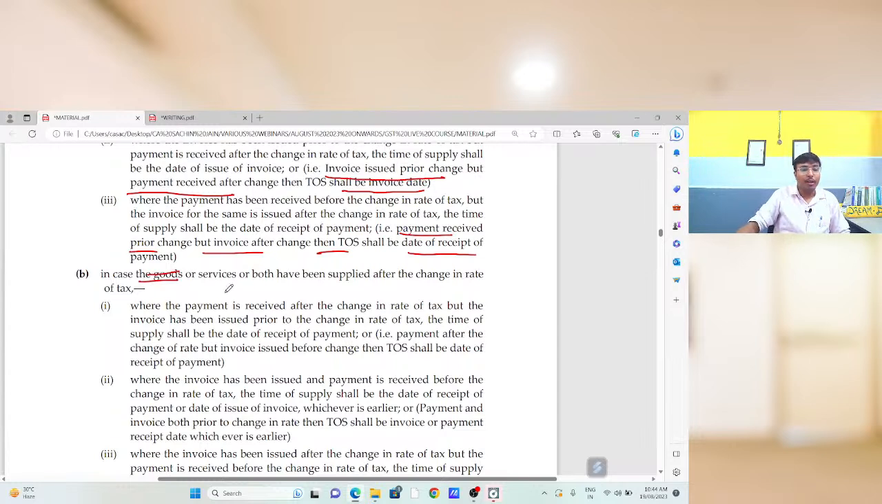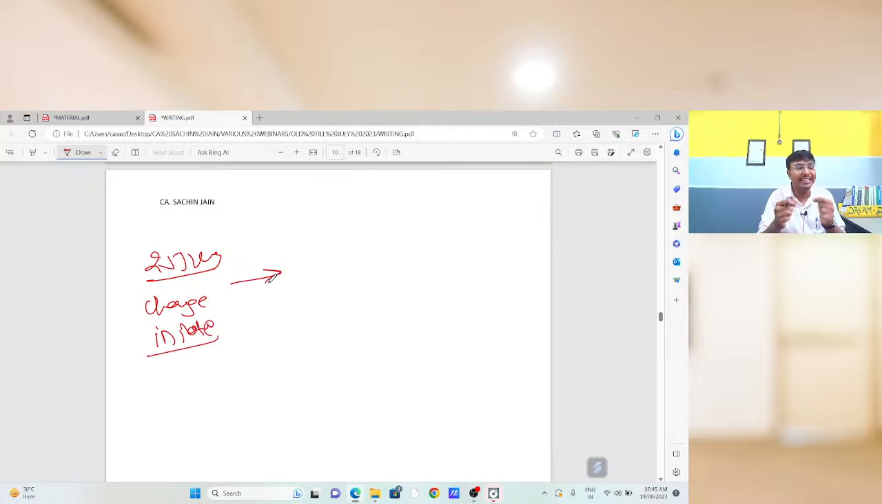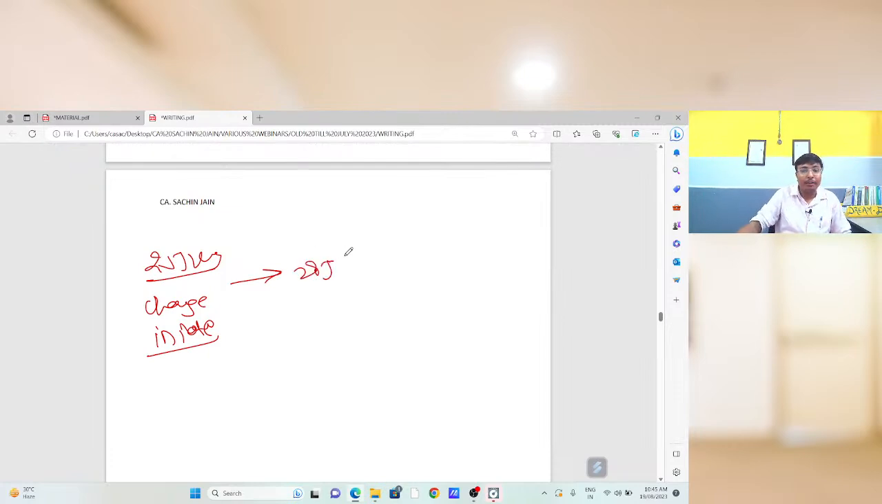In case goods or services both have been supplied after the change in rate of tax. Suppose 25 जुलाई को यहाँ पर चेंज आया इन रेट. There is change in rate on 25th July and you had made the supply of that particular product on 28th of July. In that case,